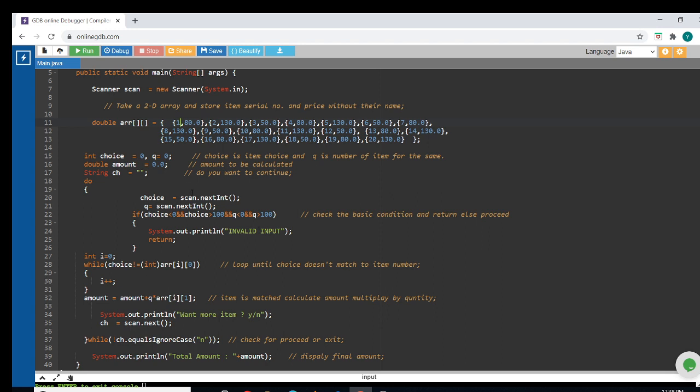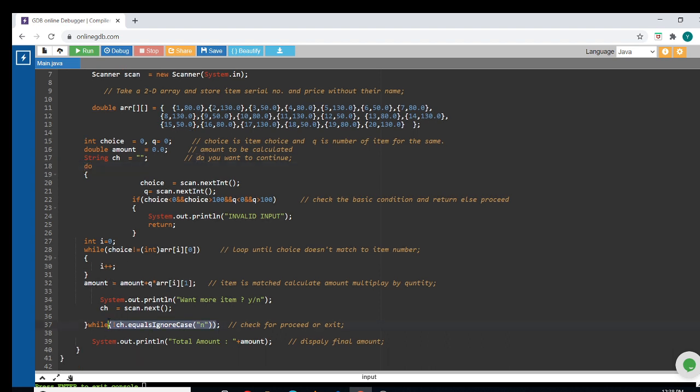First of all we apply do. As you are watching, this is do. When we apply do, the corresponding while is here. First we take the condition for while, with ch equal to an empty string, and we take an input here from the user. If the user wants to continue, he will press y, otherwise n.